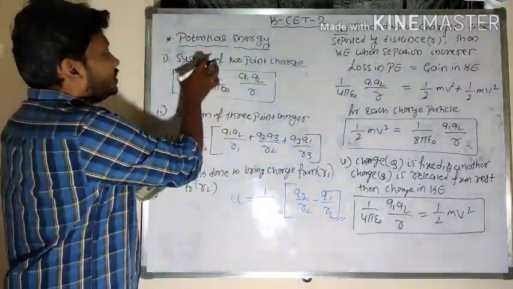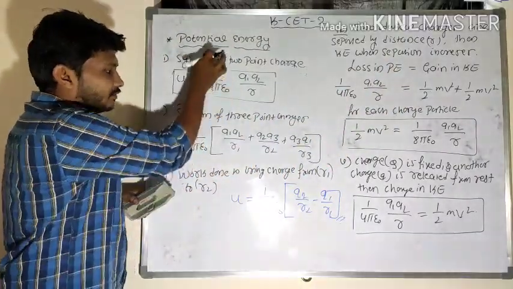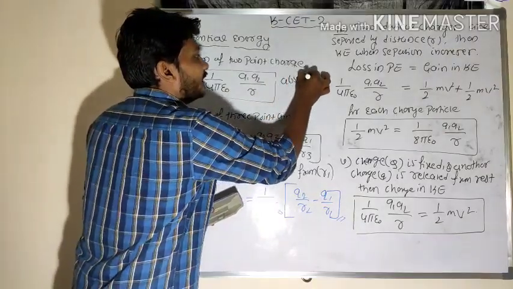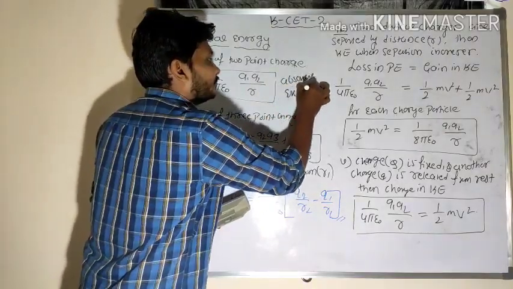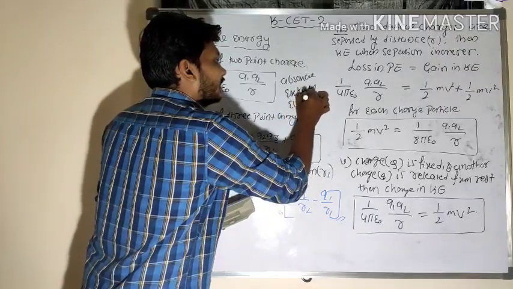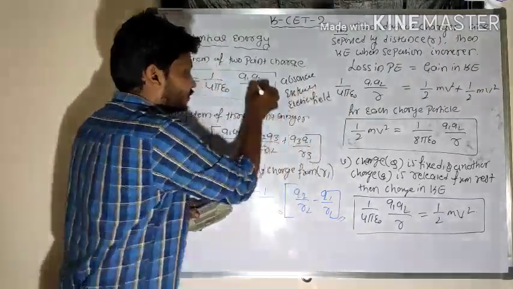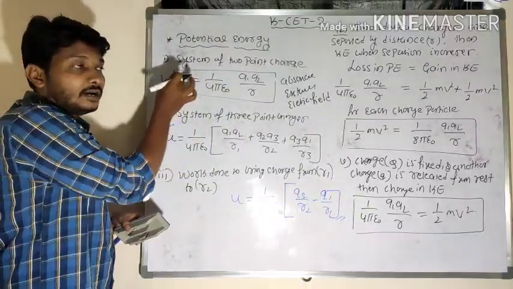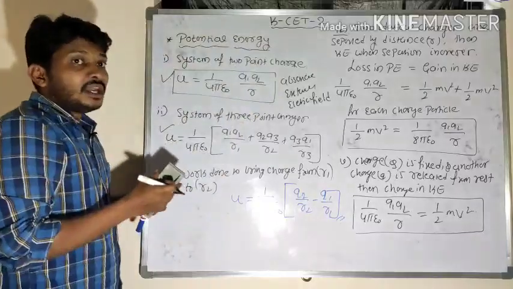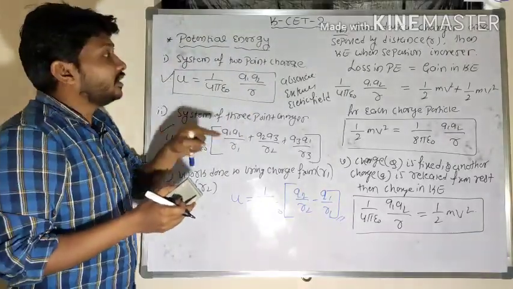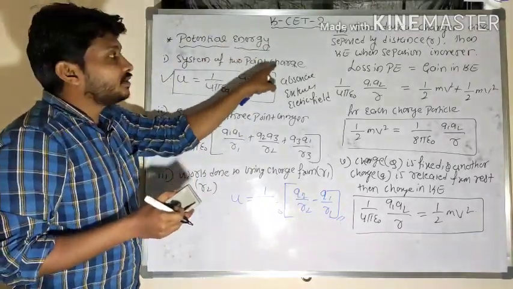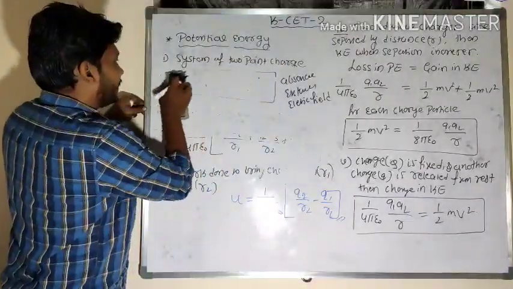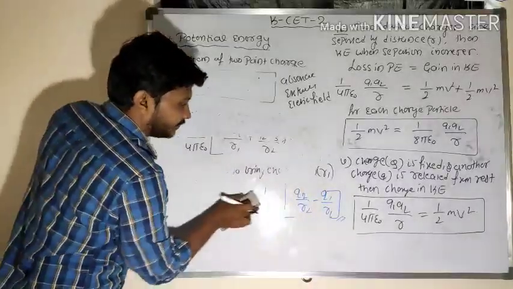For example, these are the potential energy for a system of two charges and a system of three charges, which I consider in the absence of an external electric field. So these two equations represent the potential energy in the absence of an external electric field. If an electric field is present, then what about the potential energy for a system of two point charges here?